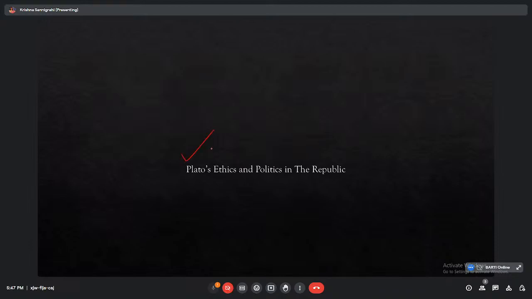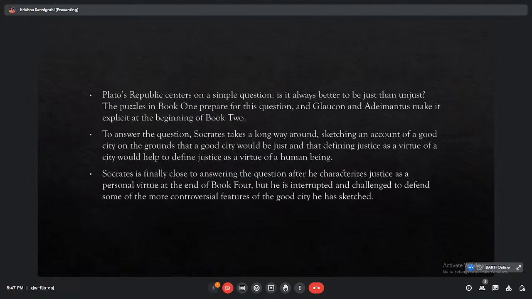Now, we will be discussing Plato's ethics and politics in his work, The Republic. Plato's Republic centers on a simple question: is it always better to be just than unjust? The puzzles in Book 1 prepare for this question, and Glaucon and Adeimantus make it explicit at the beginning